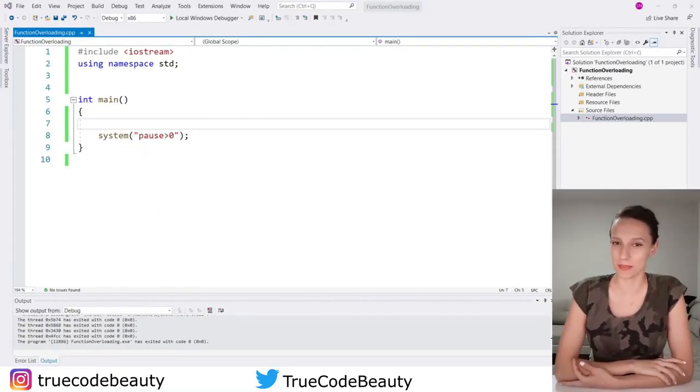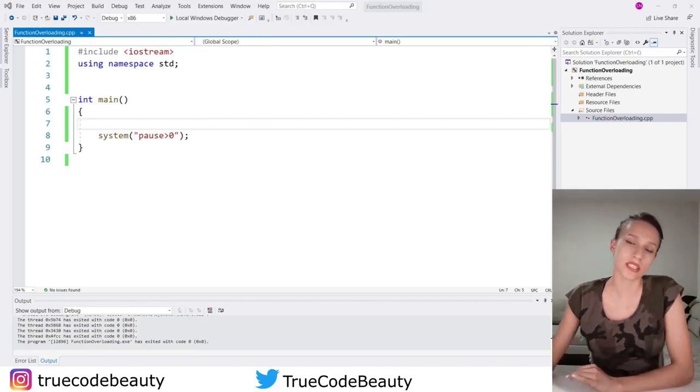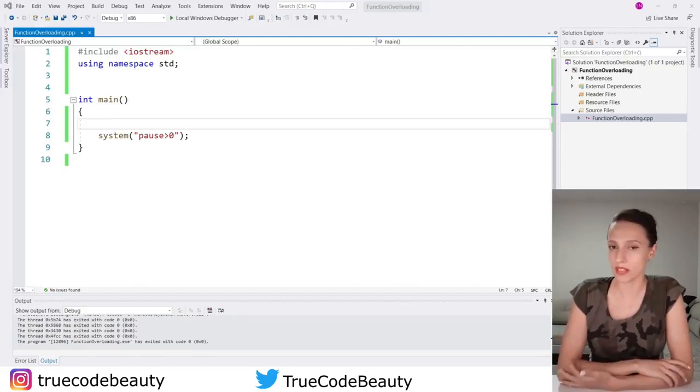Welcome to another C++ functions video. In this video I want to talk about a concept that is related to functions, which is function overloading. So I want to first explain what function overloading is. It means that you can create multiple functions with the same name, but those functions are going to have different